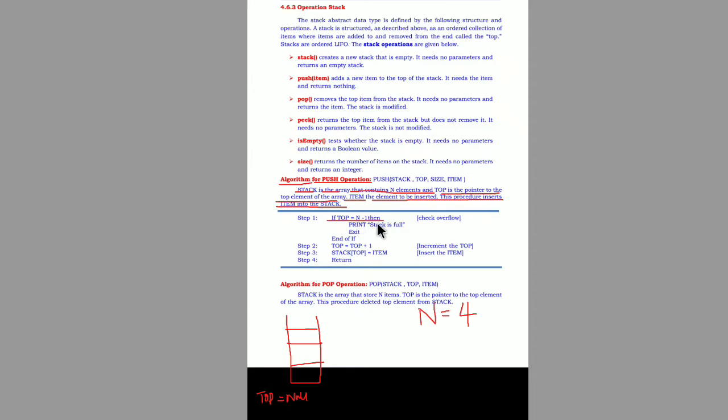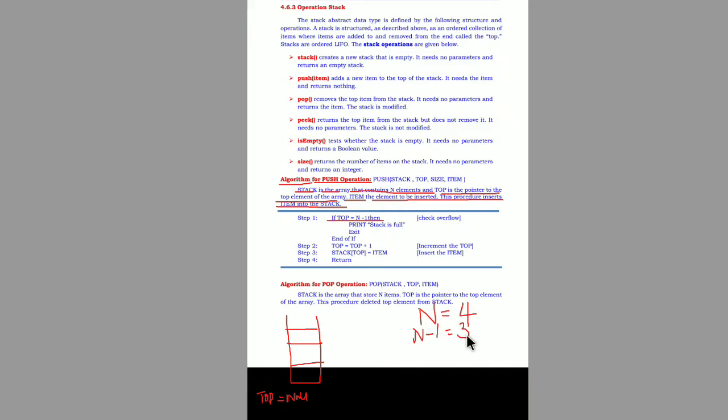If top is equal to n minus 1: top is the pointer which points to the top element. If the top pointer has already reached n minus 1, that indicates the stack is full. N minus 1 here means the largest index value. If n is 4, then n minus 1 is 3. That is the largest index because we start the index from 0, so the largest index is one less than the total number of elements.